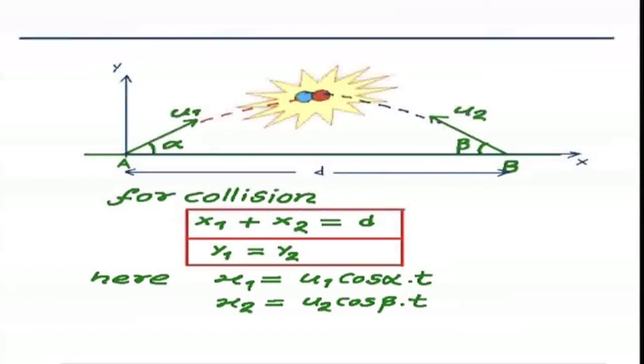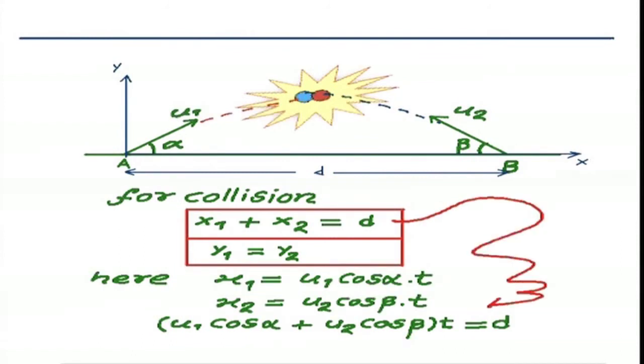By using these two equations, we can write that u1 cos alpha plus u2 cos beta into time, it must become equal to d. We are using this relation here to understand the situation. So time of collision can be calculated using this formula,